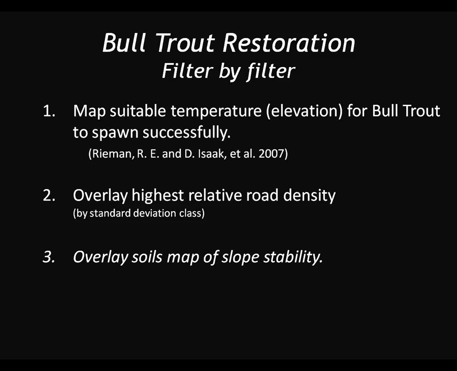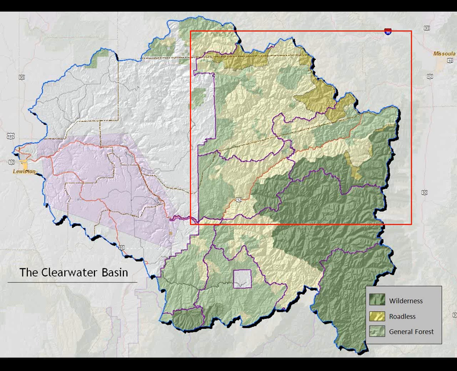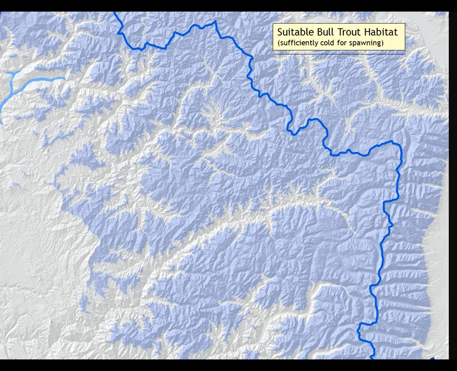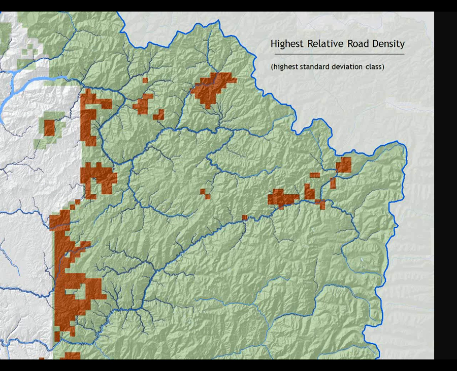And so in this case, we're focusing in the Clearwater Basin and just the northern portion here. But everything you see in blue on this screen shows that elevational threshold where it will be cold enough for bull trout to spawn successfully. The pixels you see now here in brown represent the highest relative road density. And this map here in maroon